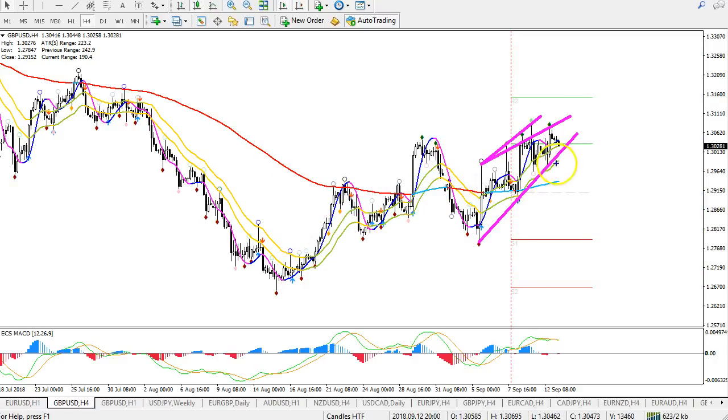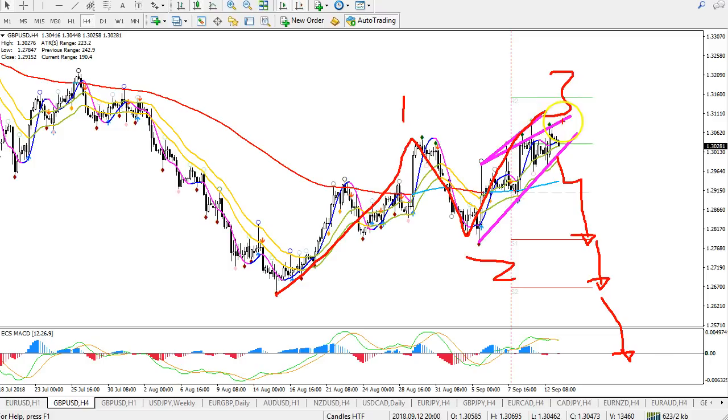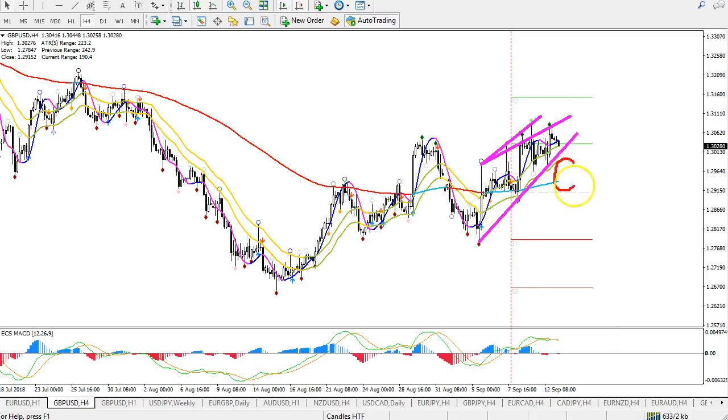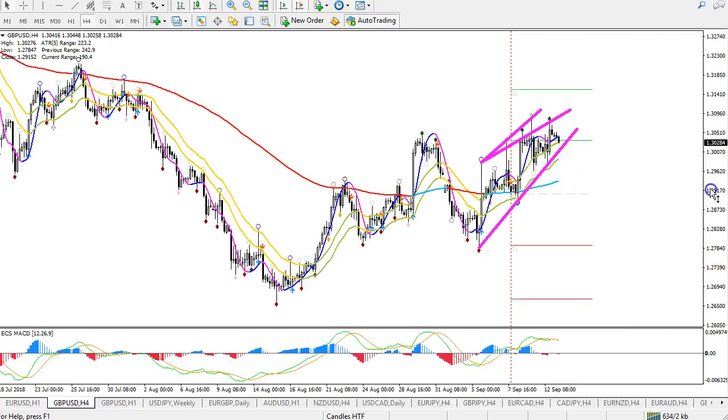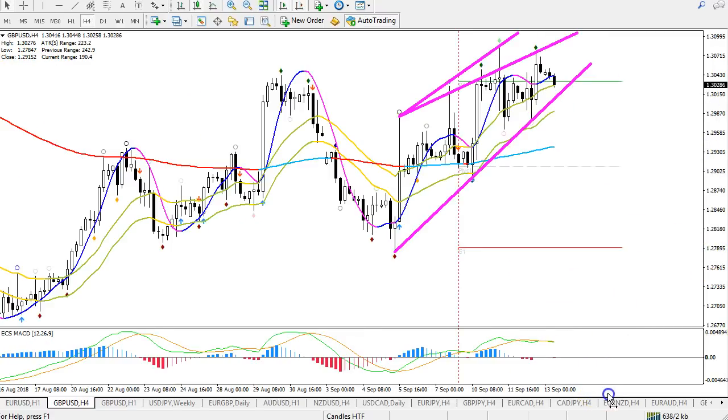But if price does break here, flag, then yes, there could be a space down to S1, and if it breaks that, maybe even S2, and if it breaks that, a full-fledged downtrend continuation. In that case, this was the correction. 3 legs, 1, 2, 3, correction is over, and downtrend starts again. That's why we cannot neglect necessarily the bearish break here because of that scenario.